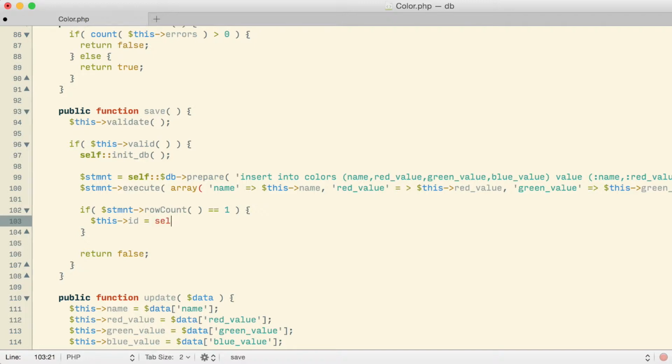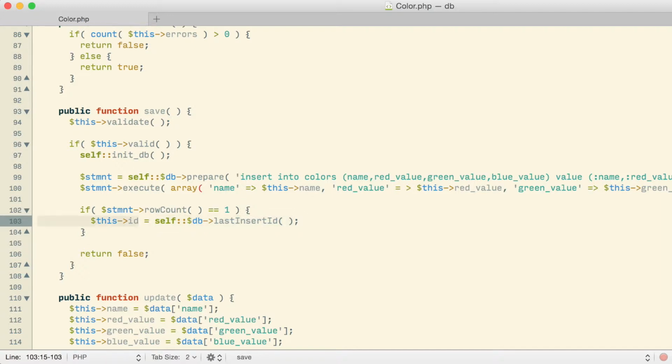So let me go to my database connection and call the last insert ID function, which should tell me the ID number of the last record that was inserted using this connection. So basically I'm asking the database, tell me what the ID number is that you just assigned to that color.